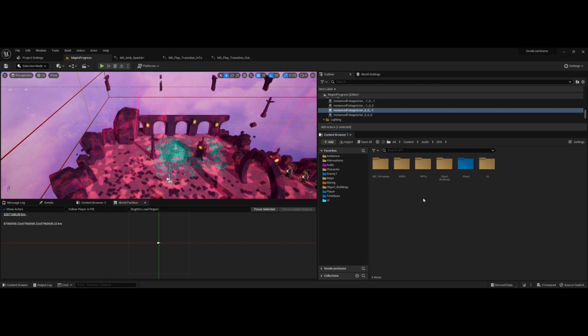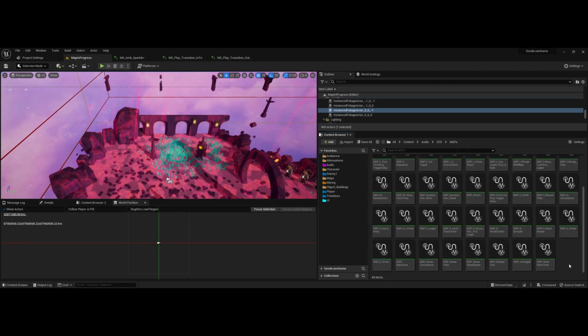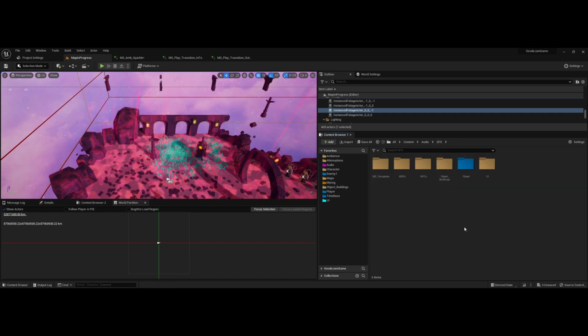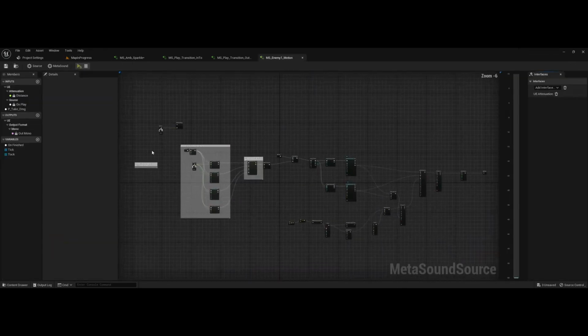Sound effects, I have my templates, a bunch of presets that I just copy back and forth between my different projects. And that way, it's so much faster than trying to create your own. NPCs, enemies, enemy 1, so we have their attack, defeat, the hover motion, take a look at, or